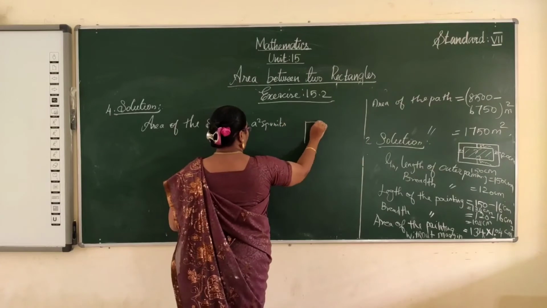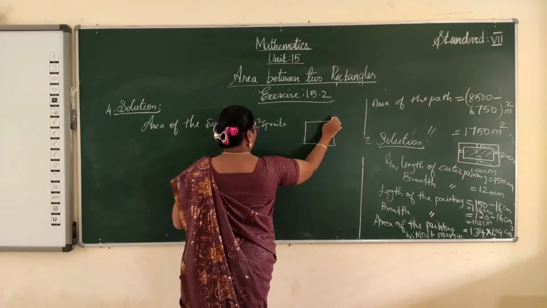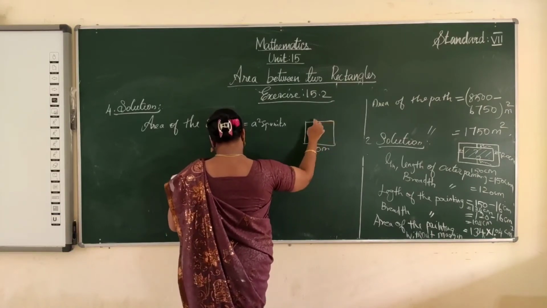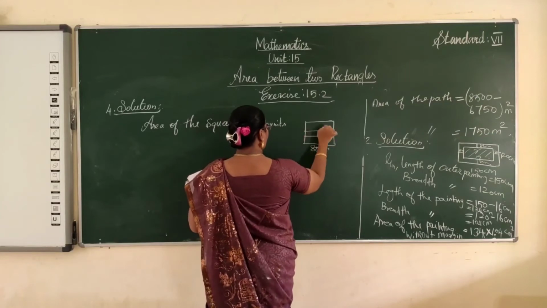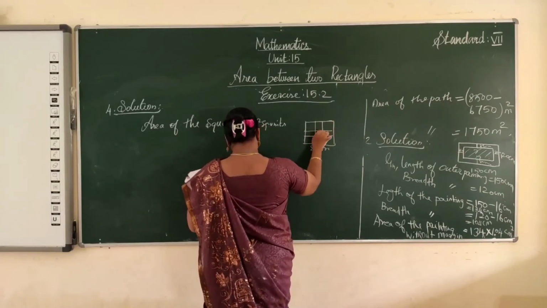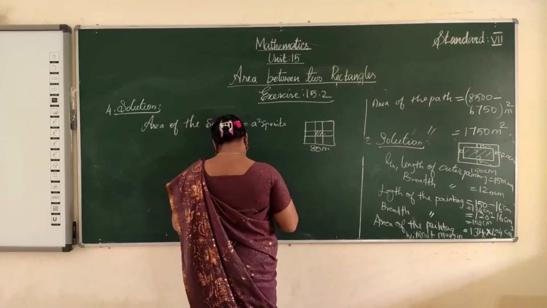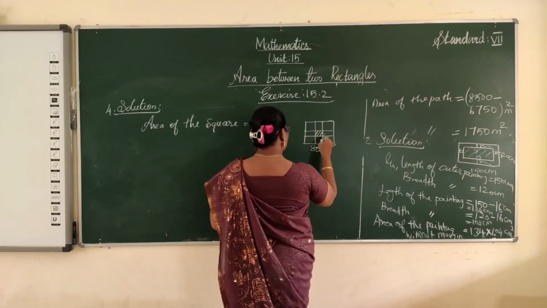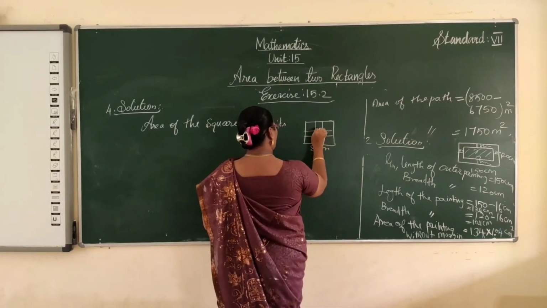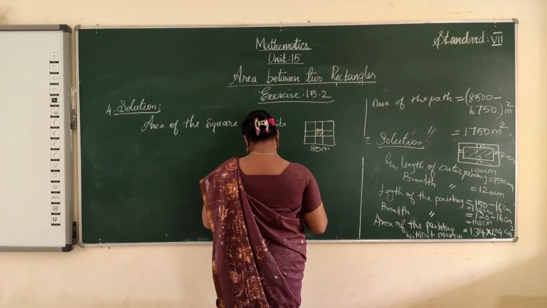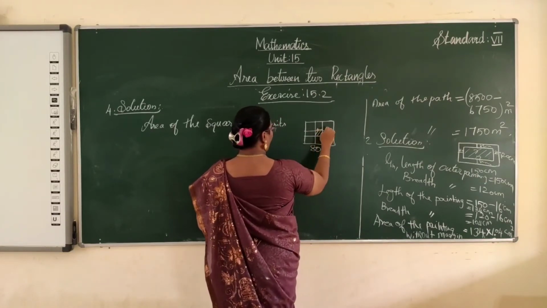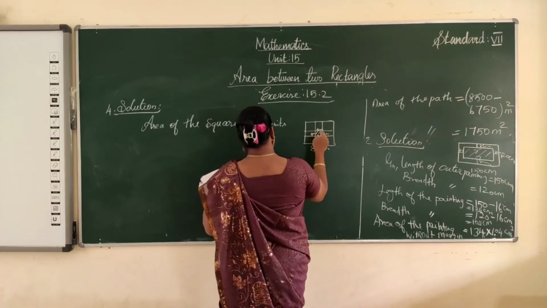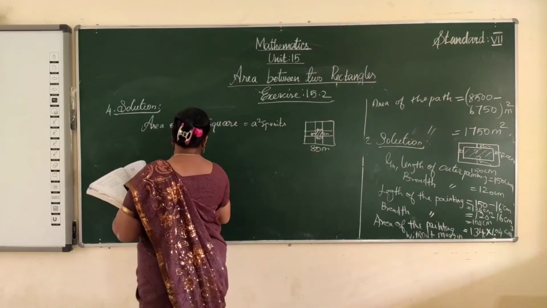Okay, draw the rough diagram. So square plot, the one side is 80 meter. Okay, the center plot is 4 meter, is it? 4 meter. So here 4 meter, all the path is also 4 meter. Okay, so except that middle value we have to find out the remaining ones.